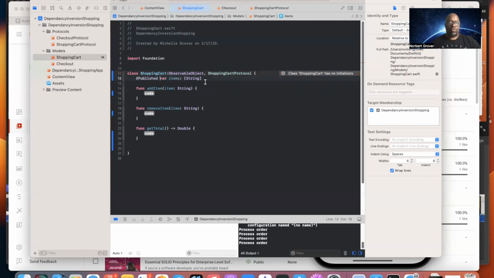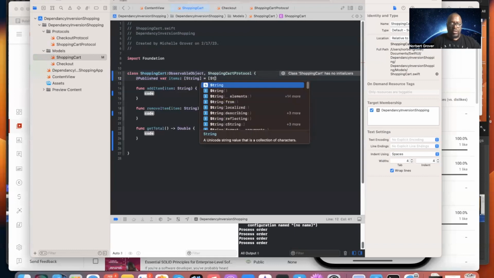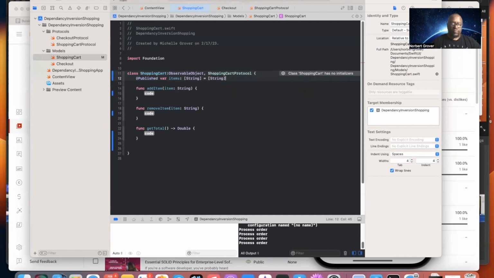And I've gone over property wrappers in earlier videos, and we're going to put a default value, which is an empty array. I'm going to say specifically of string. Okay, so our default value here. Okay, and now let's go ahead and start adding. Let's go ahead and do another one,